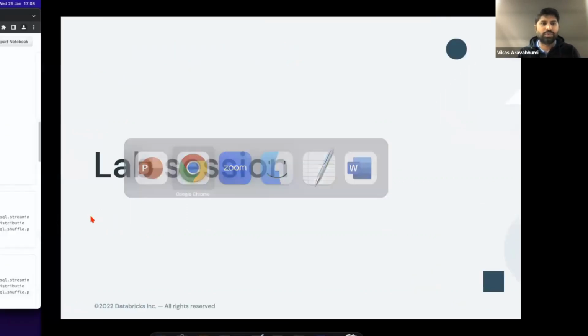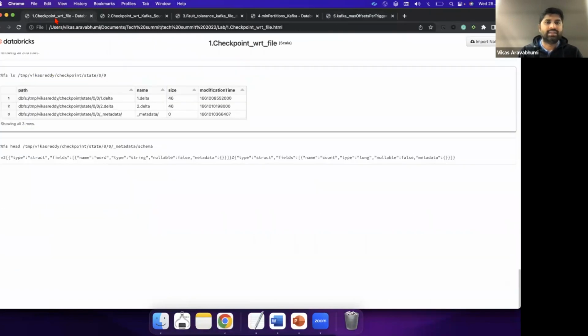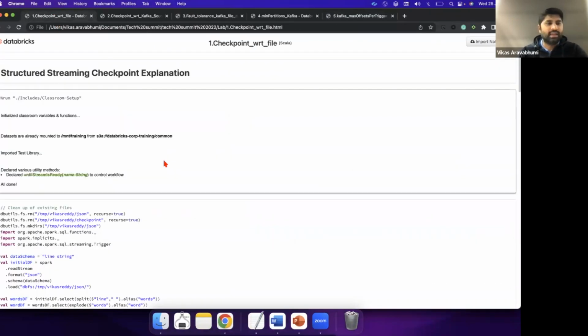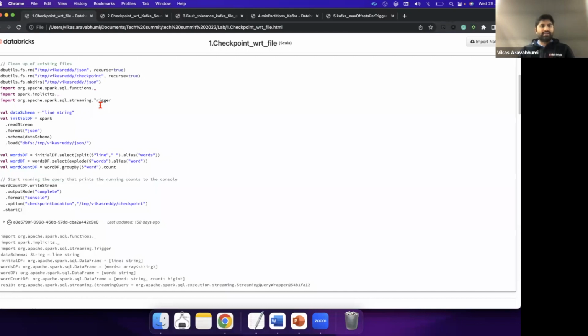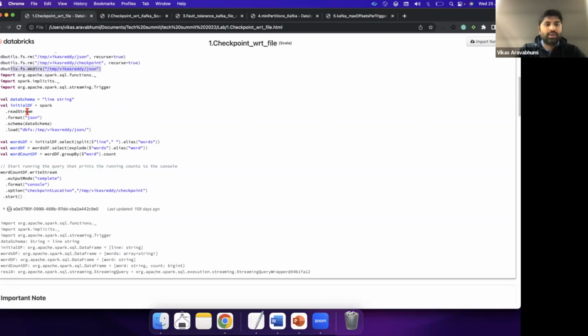Let's go through it. Okay, so this is a classroom setup. If you're executing this, then whatever is required will be arranged for this setup. Now let's go through a sample example. I'm just cleaning a few files and creating a directory. And I hope you guys are